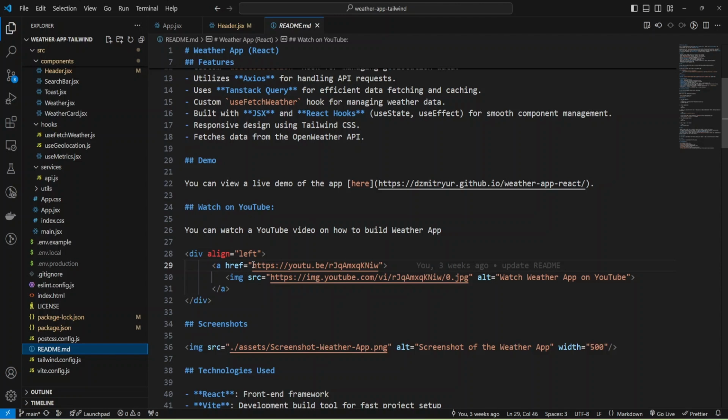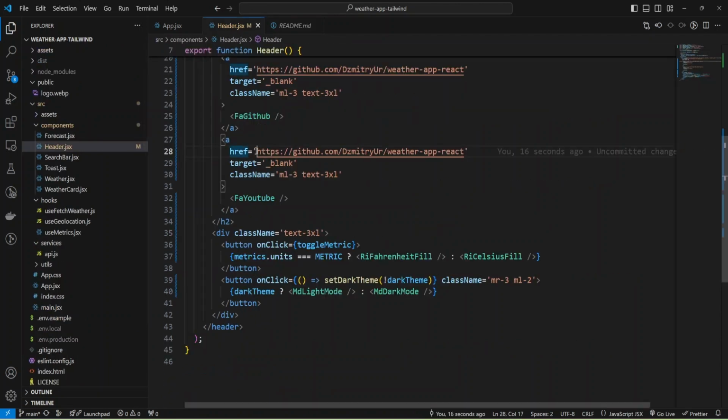Let's check. Okay, and you can just copy and paste the link.